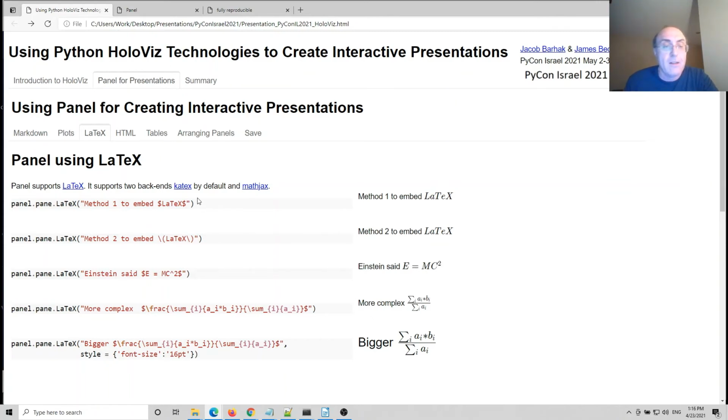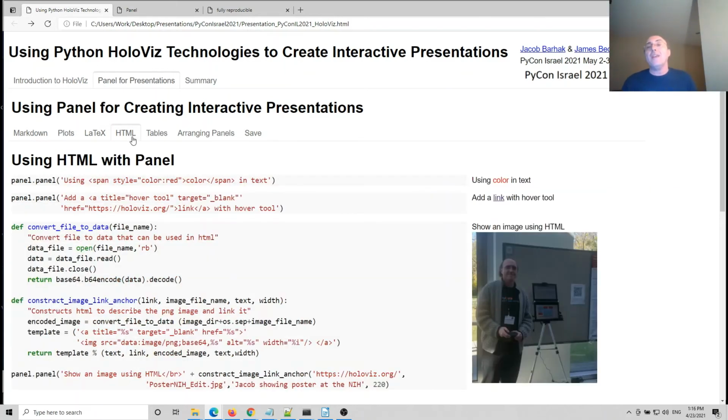And those are using two different backends, the KaTeX backend or the MathJax. Panel supports them both. If you don't want one syntax, you can switch to another. Or if one backend is better than the other for something, you can use those. And you can generate different equations, as you can see here. And you can control things like font size, which you cannot really do easily with Markdown, especially not the equation ones. You can also create HTML